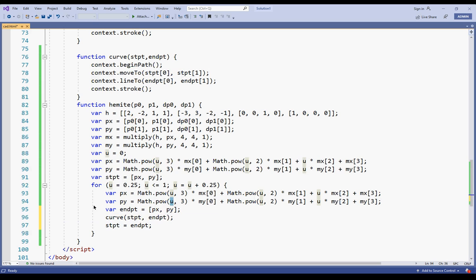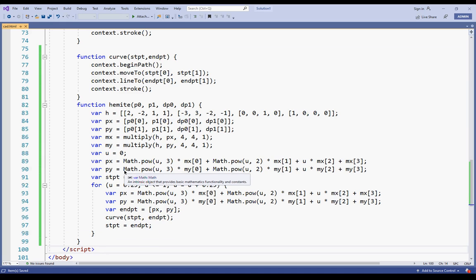As u becomes 0.5, a new value will be calculated for the endpoint, and the previous endpoint I stored as the start point. So the curve will be continuous, and in this way the loop goes on, and I will get a Hermite curve according to the equation I have.